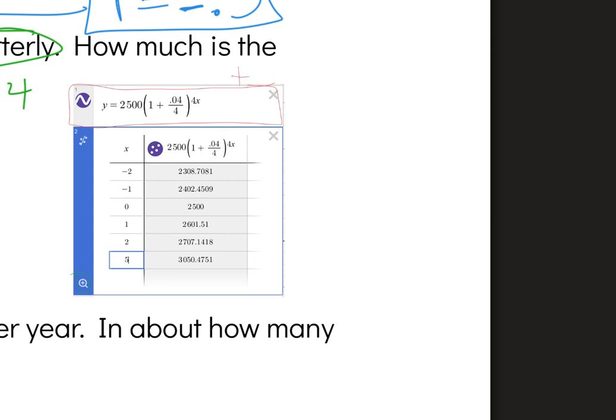And then there's like a gear right up here. You click the gear, and it would give you the option, and it's got literally a table-looking button. You tap the table-looking button, and then it would give you this. Notice I just put a box around that. The reason I put a box around that is because I then typed 5, and it gave me my answer of